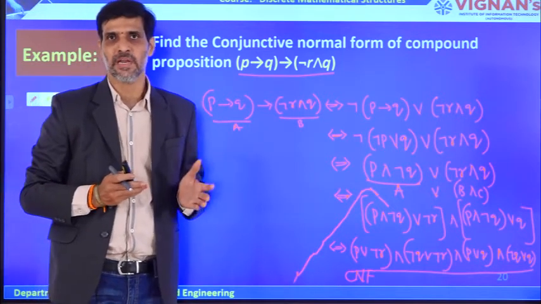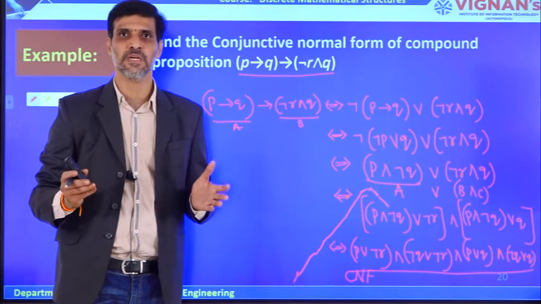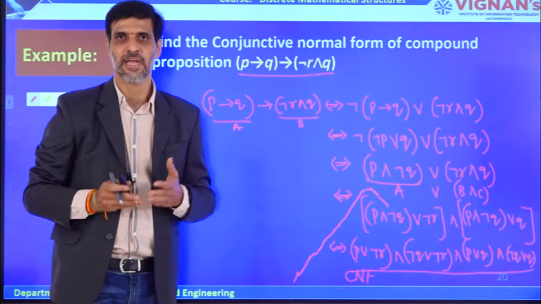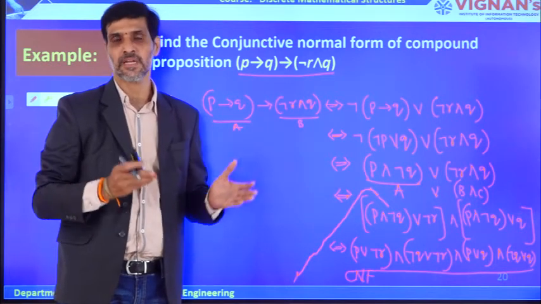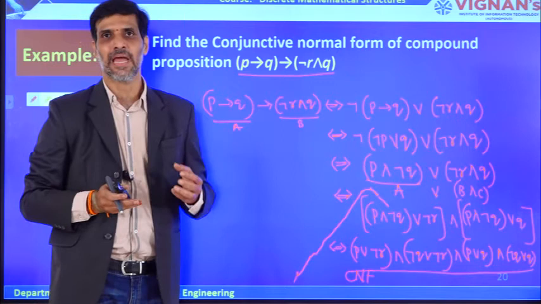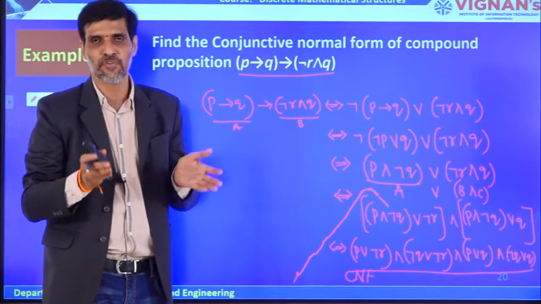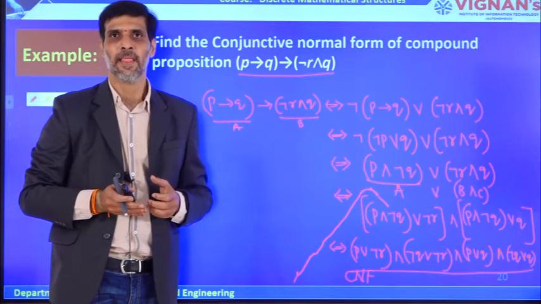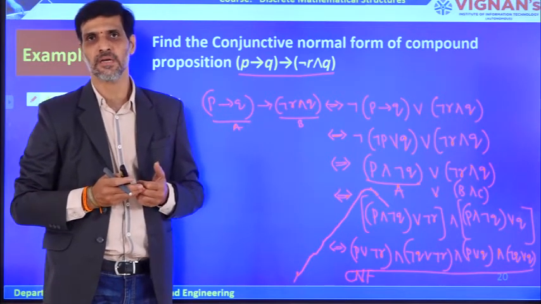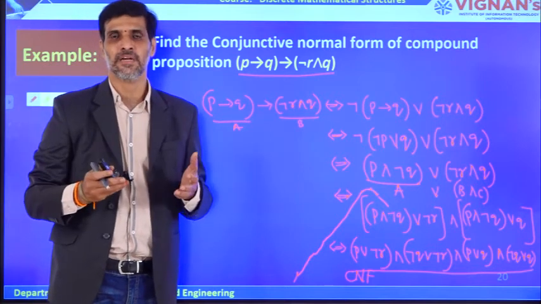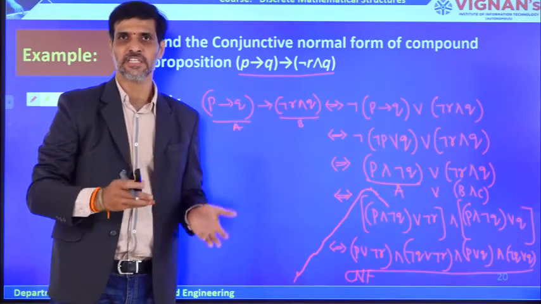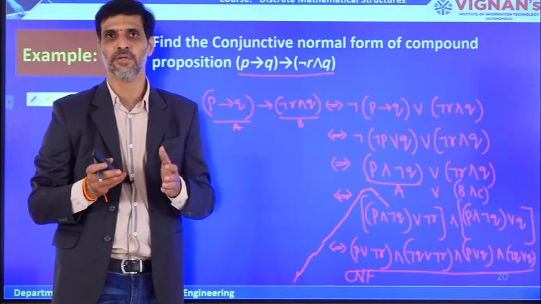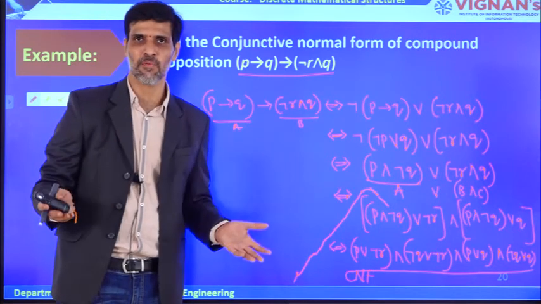And in the logical equivalence laws, what is the basic procedure? If there is a biimplication, first try to eliminate it, and then if there is an implication, eliminate it. If there is a negation before the compound proposition, try to push it inside the formula, and then apply the distributive law: conjunction over disjunction or disjunction over conjunction, according to which form you are going to convert.